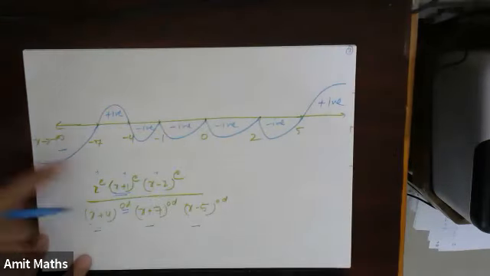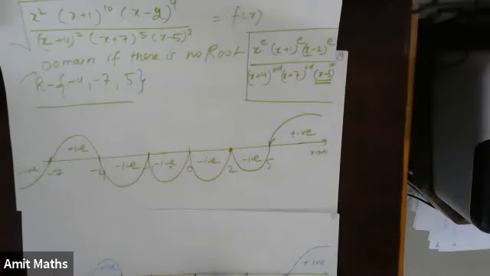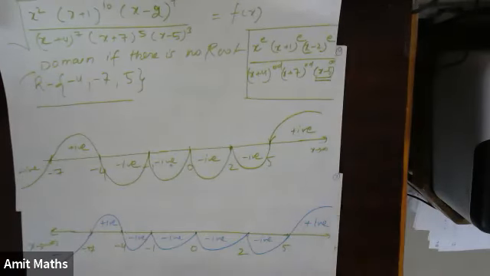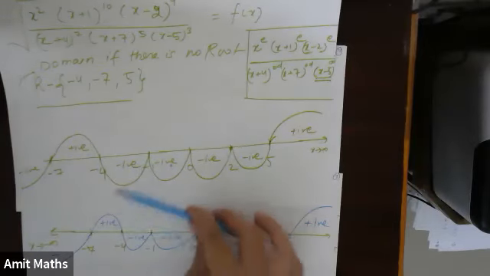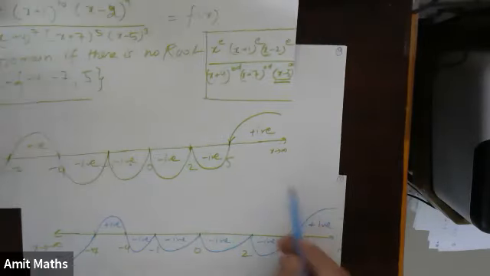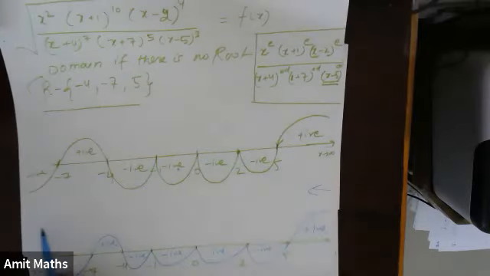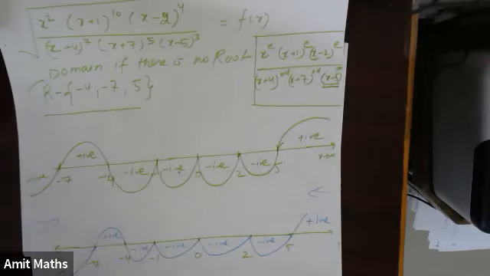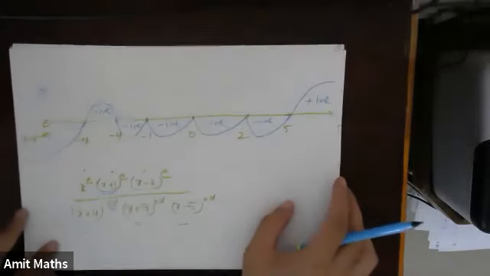This we are getting by moving from minus infinity. And this we were getting by moving from positive infinity. So if our answer, or our method, is correct, then we should get both exactly the same. So are we getting both exactly the same? Yes. Even if I move from this side or from this side, I should get both the solutions, or both the signs, exactly the same for the same domain. Understood, everyone?